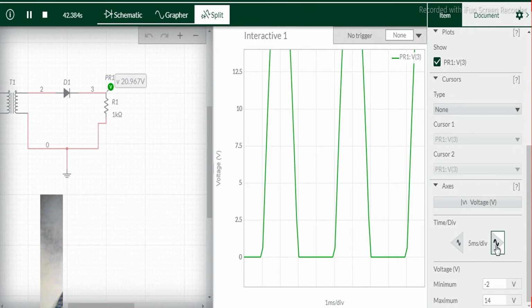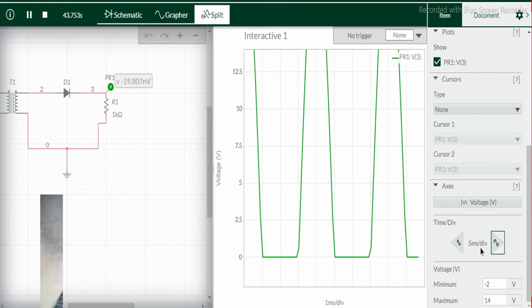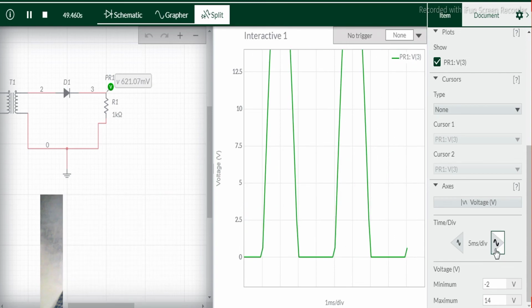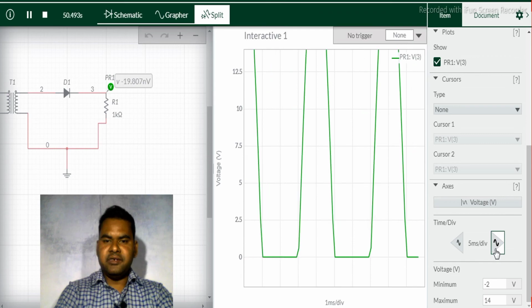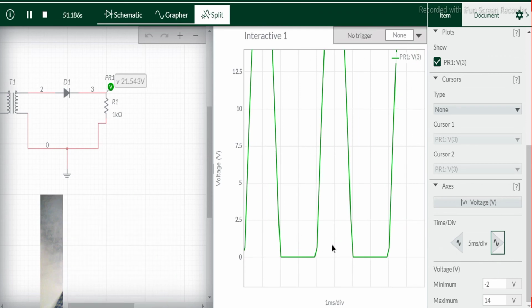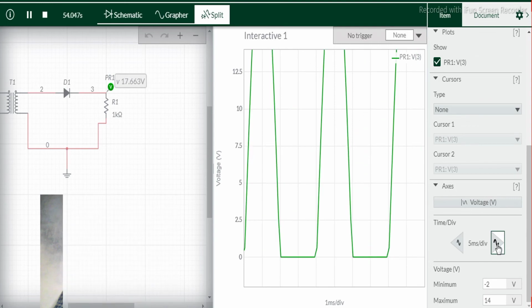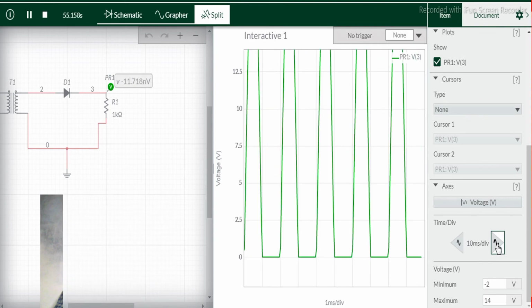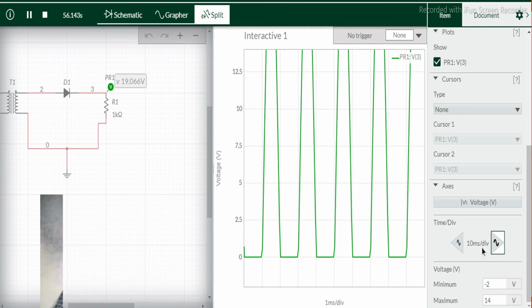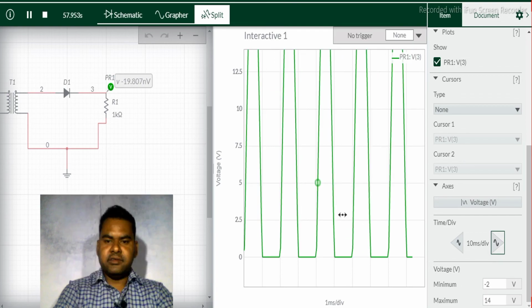So here I am selecting 5 millisecond per division, and the graph is shown like this. If you increase the time division, here I am selecting 10 millisecond per division, then the graph is shown like this.